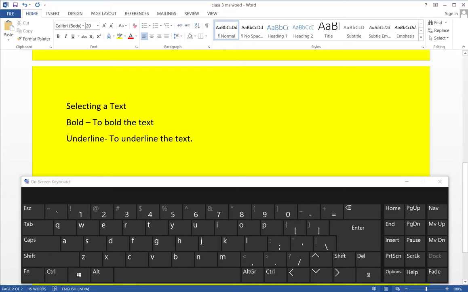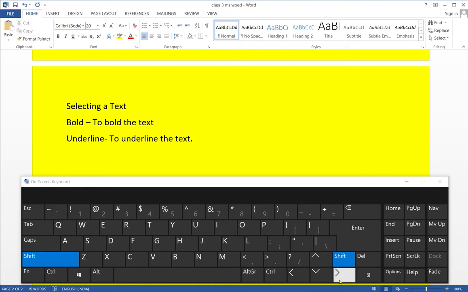In the same way, we can also select the text towards the right. Just press the shift key and press the right arrow key.